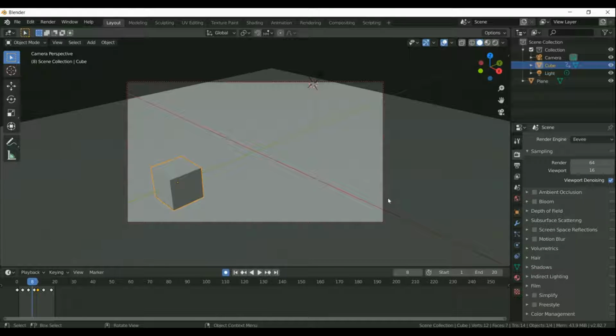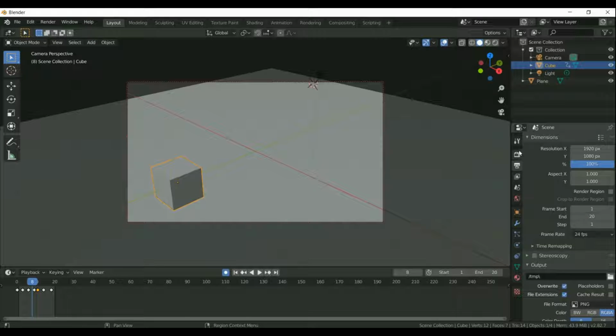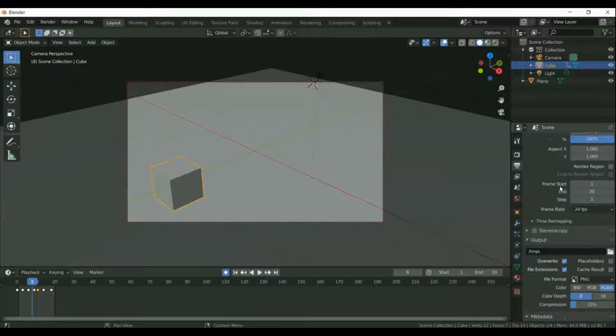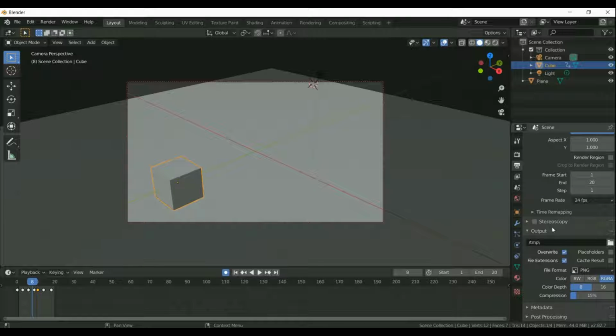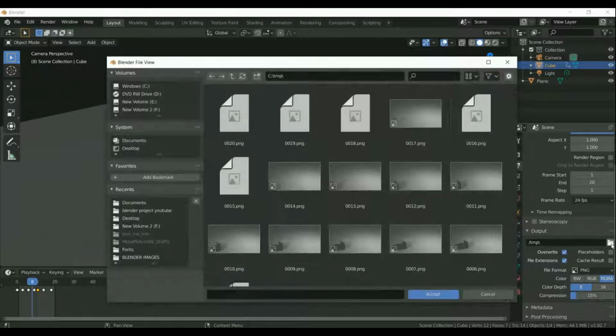Let's go to our scene properties for getting our output options for rendering. We can click on the output properties, the third tab on the right side, and here we need to specify the output folder where we want our animation after rendering.